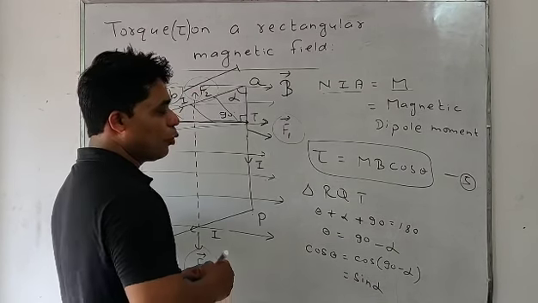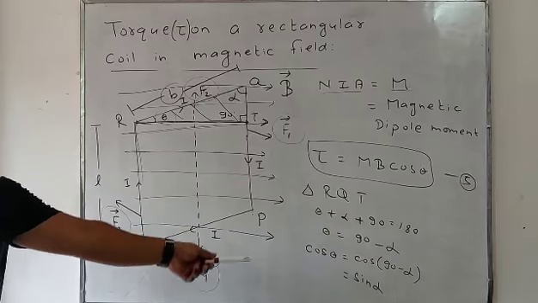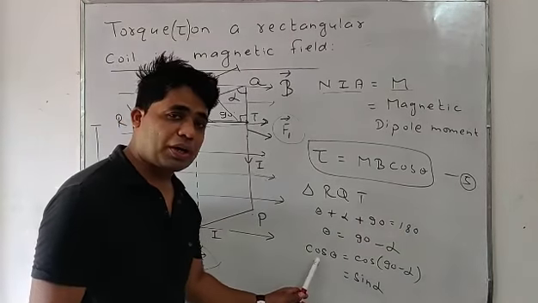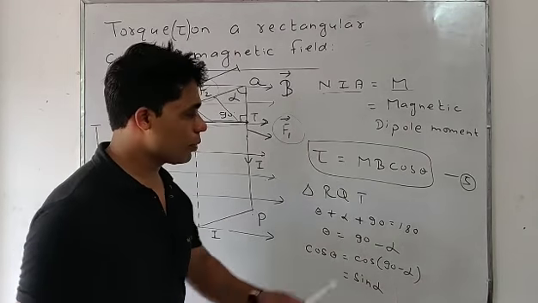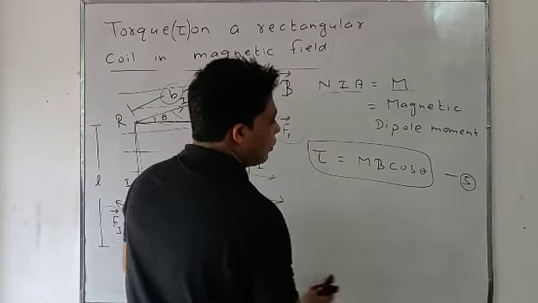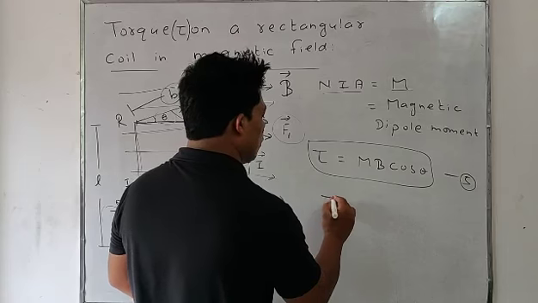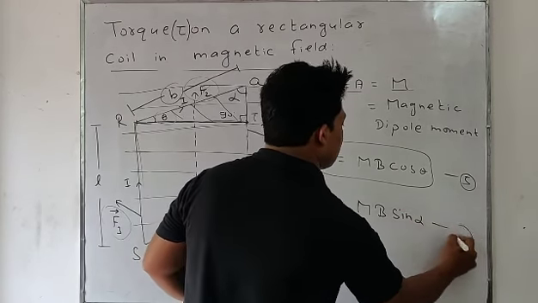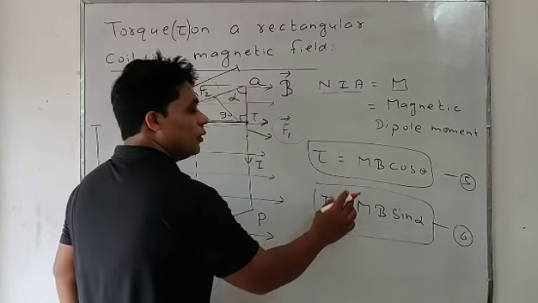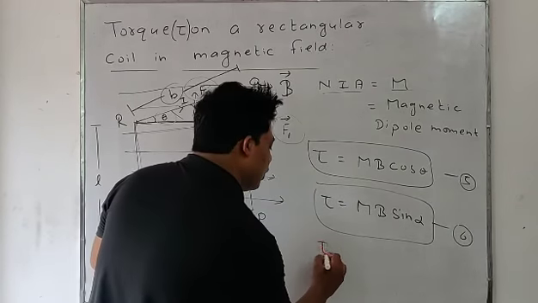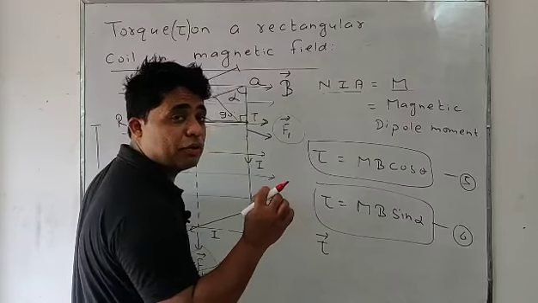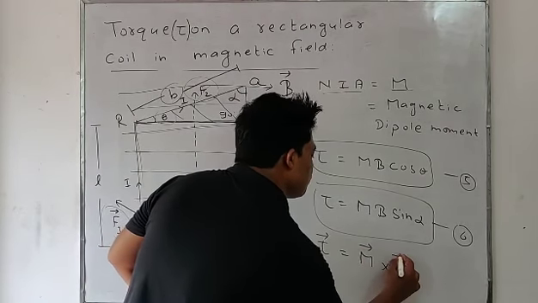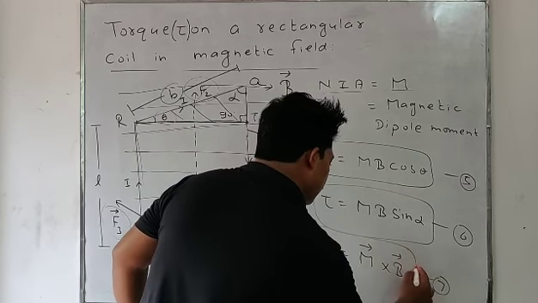So look at students, you can take a screenshot, you can write this, because instead of cos theta, I'm going to replace sin alpha. So here, torque equals M B sin alpha. Equation 6. This is the second main form. And finally, when we remove sin in vector product, M cross B. Equation 7. This is the final form.